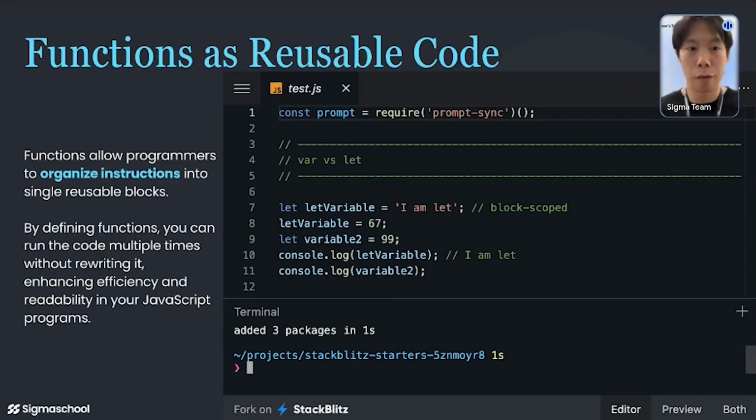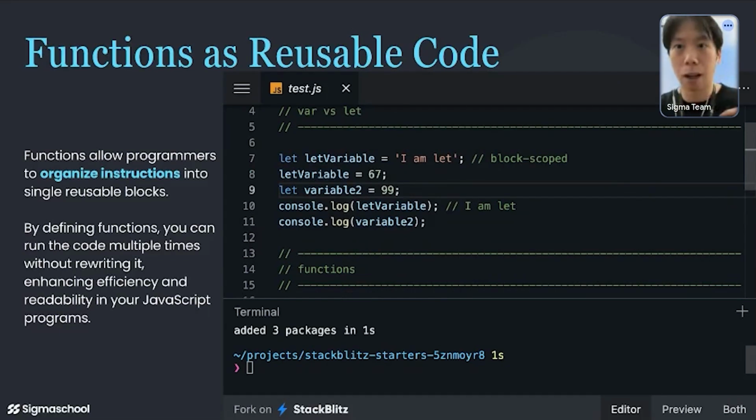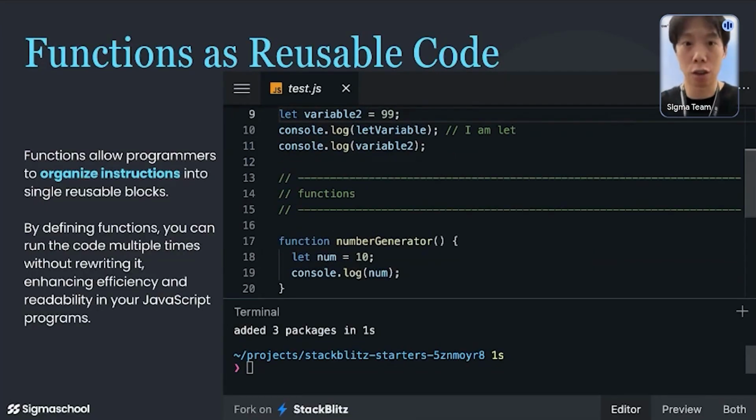For example, if you want to do addition, you don't want to type in the same exact thing every time. Functions help you do the same exact steps just by calling a single line, which is the name of the function. So it's just reusable chunks of instructions for JavaScript.